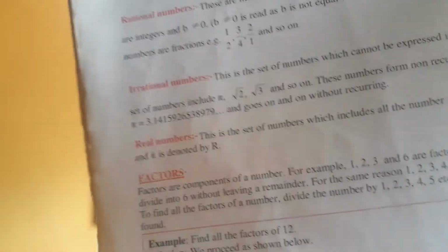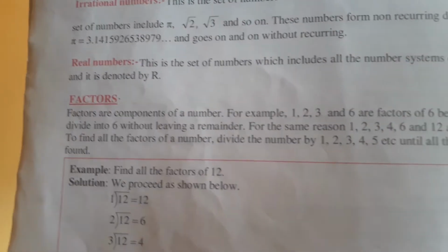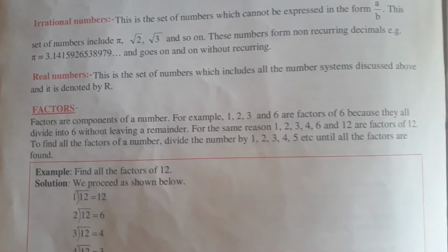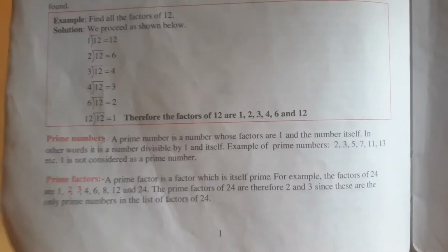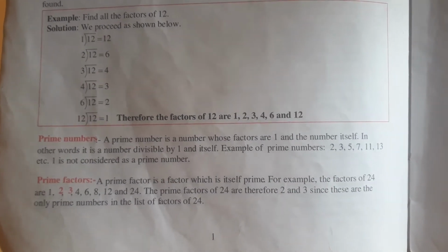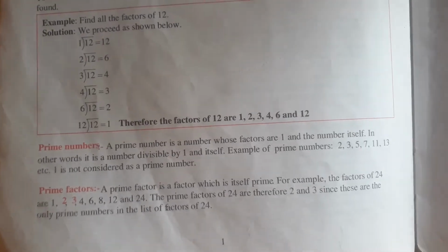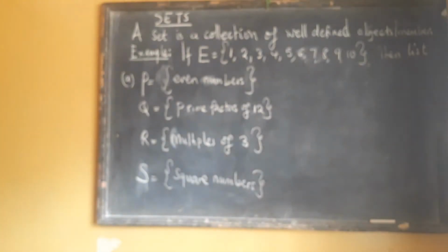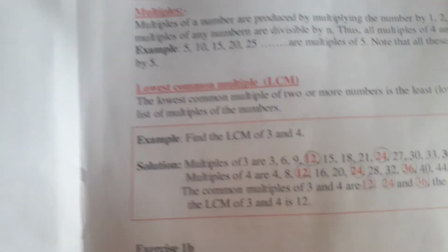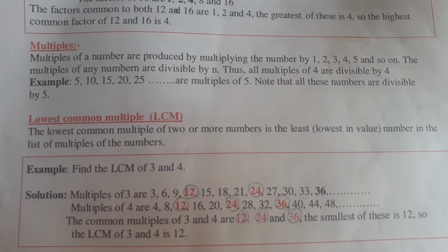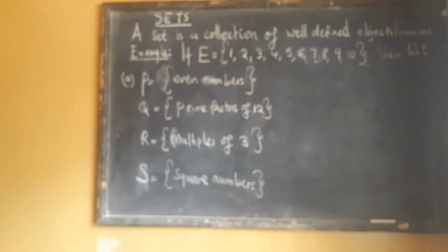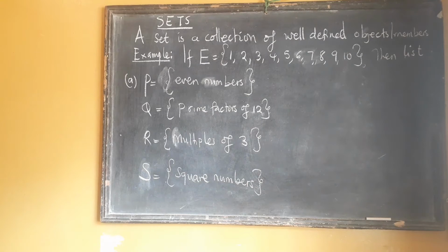Also here, look at the factors of a number. Also look at the prime numbers there. Look at prime factors there. Please, those things that I'm telling you to look at, you need to go through them. It's very important, I know why. Also, let's look at this last part, the multiple of a number. Okay? That is very, very important.